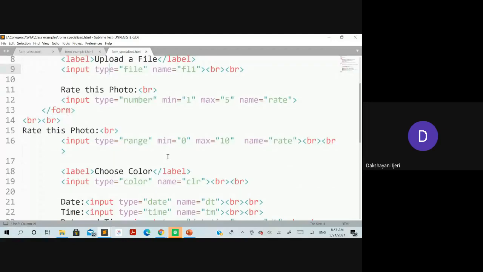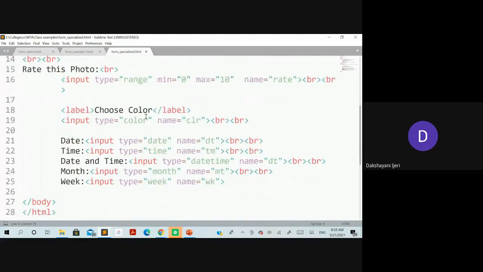So along with that, the name attribute is the default one which has to be used with every input element. Okay, so following that, the color input that you want to take needs to be done with the input type is equal to color. And for all the inputs, you can see here I have used the label element. Again, it is not mandatory that you use only the label element. You can use other elements as well to put a heading to the input, either any other text elements like a paragraph or a heading. Okay, it is more feasible to take it as a label in case of form labels. So input type is equal to color, and again, as usual, you need to use the name attribute here.